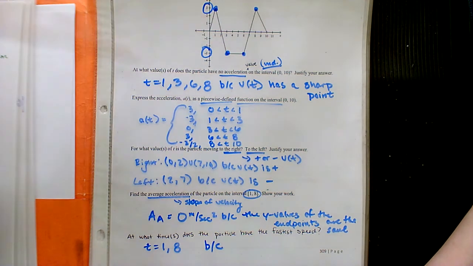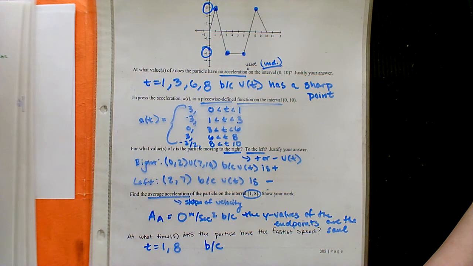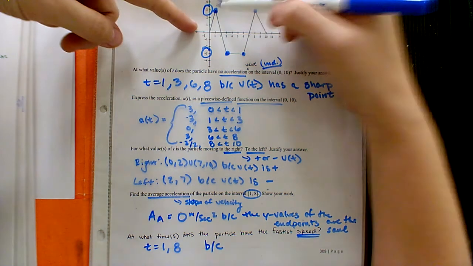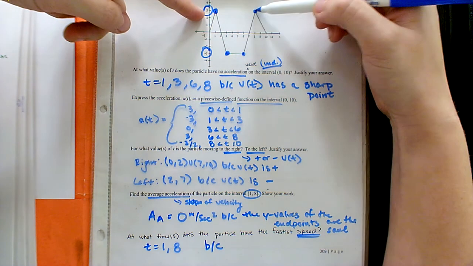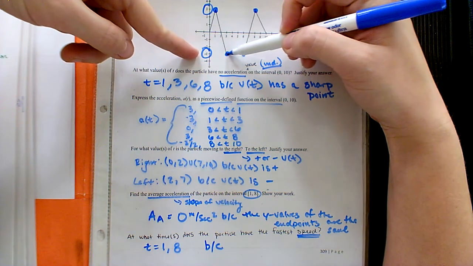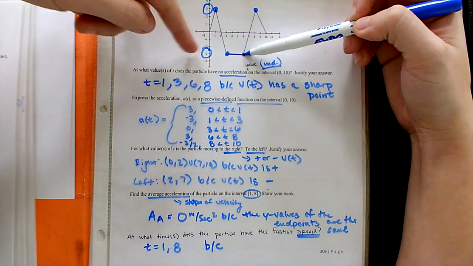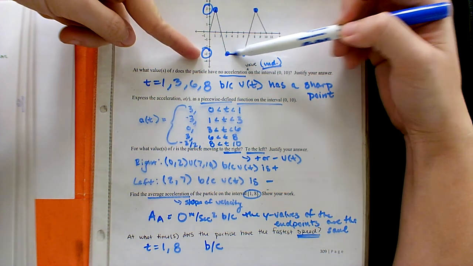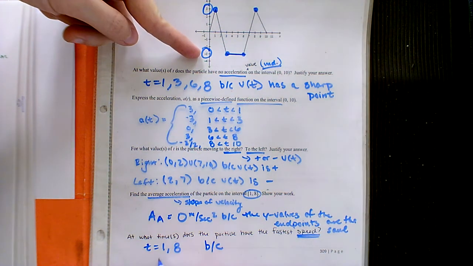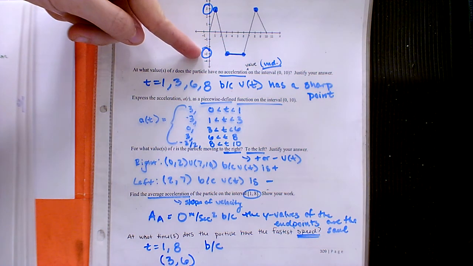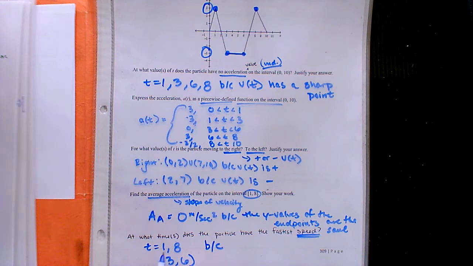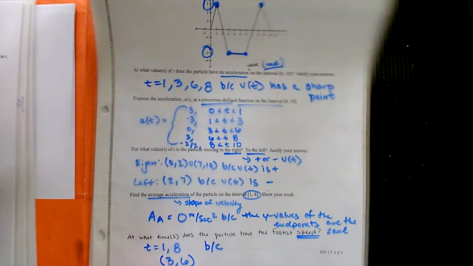Notice how they're the same speed, they're the same number, if we don't count the direction, because they're just asking us about speed. So we're definitely traveling the fastest here at 3, but we have some other ones down here. Not only do 3 and 6 have that speed of 3, but also everything in between them. So we might have to write that as an interval from 3 to 6.